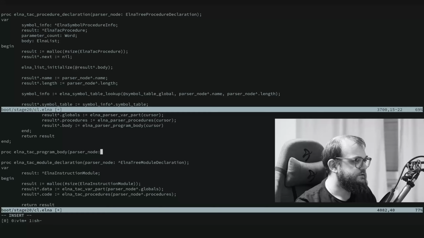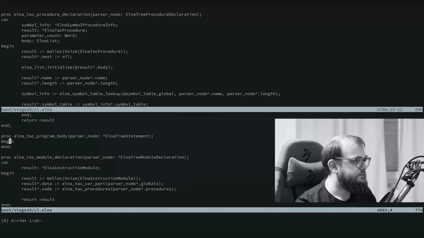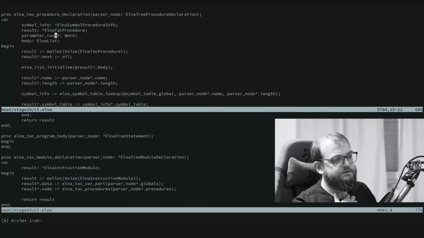The parser node will be in this case LNAT3 statement. LNAT3 statement. The result will be still a procedure because we need to